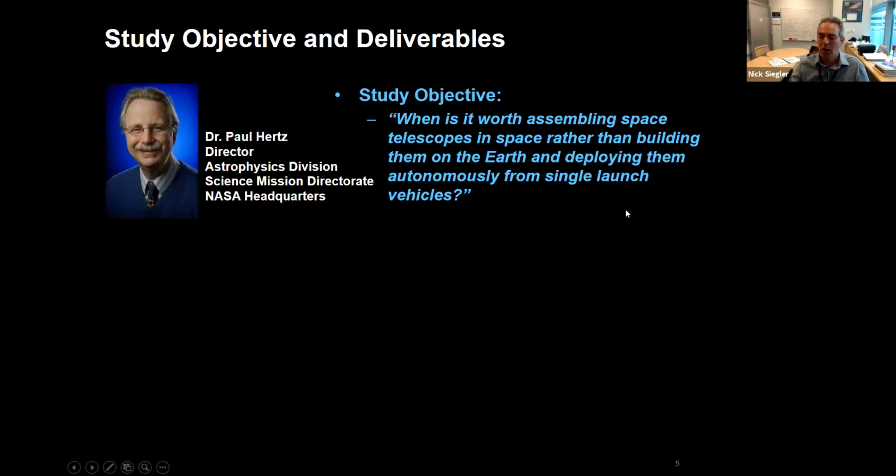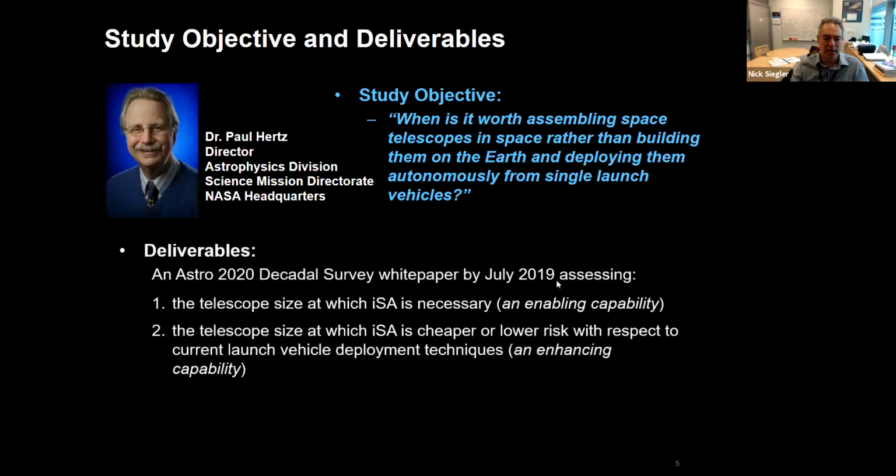It's a very simple question, and it's the question that NASA really should have the answer to now. So when the decadal survey recommendations come out, and in fact, we just started, as you know, so when we get the results in the early part of 2021, NASA should have at least a position on what their implementation strategy is. So I give Paul Hertz a lot of credit. He accepted